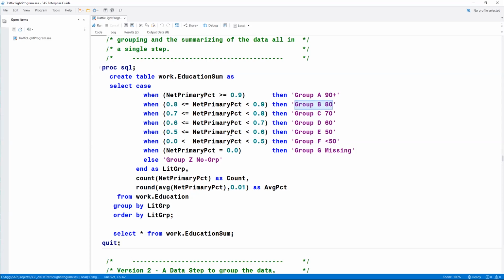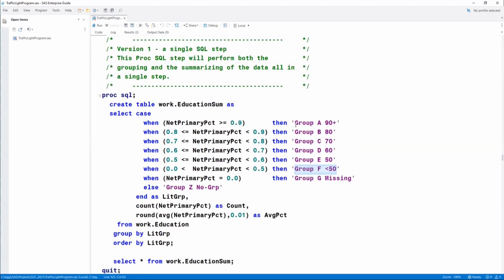And again, based on all of these different groupings, I now will have this new column, lit group, that will have an actual value, a data assignment value of these different groups and their character, but that's fine. Okay. So I'm really creating 1, 2, 3, 4, 5, 6, 7 different groups.